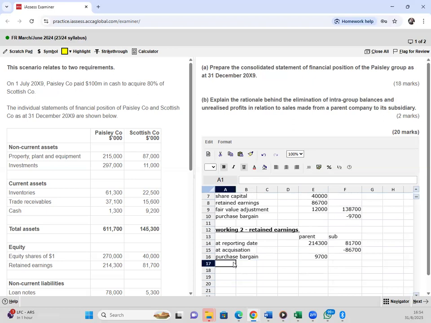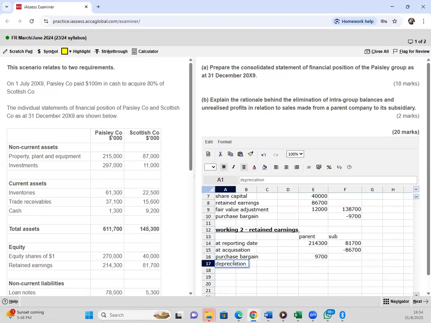If we had sold to each other, this is where we would put the PAP. But the question was saying we have not sold to each other. The question had said there were no closing units. All the goods were no longer within the group. So PAP is calculated provided the goods are still within the group. So I'm just thinking of what else could go into our calculation. Okay, we also have